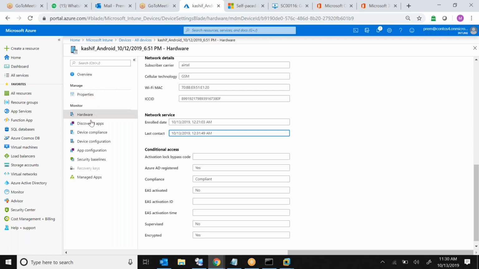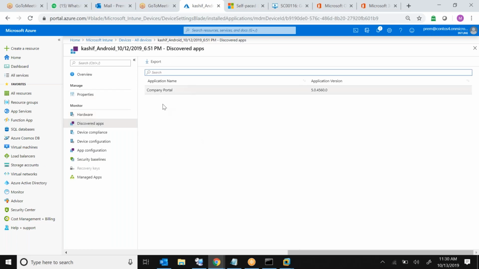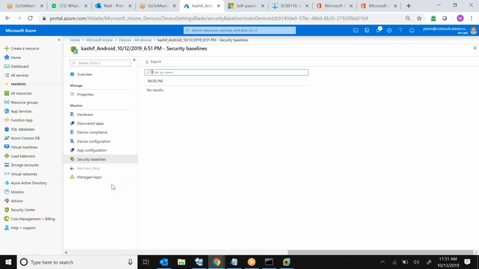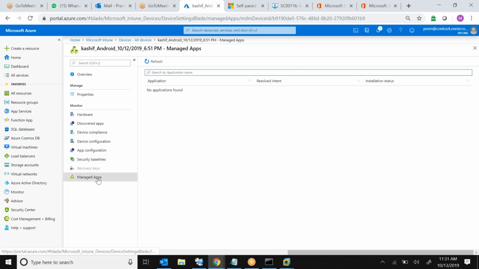Yes. So if you go to Device, Discovered apps, that will discover all the applications this device has. It takes some time, and you will be able to see the applications here. Device compliance: currently we have not defined any policy. This is the built-in device compliance policy, and it is not meeting that baseline. That's the reason it is saying error. Device configuration, I have not given any configuration. App configuration, nothing. Security baseline, I have not defined any baseline so far. That's the reason it's blank. If you have any managed application, let's say you are deploying some application through Intune, that will come up here